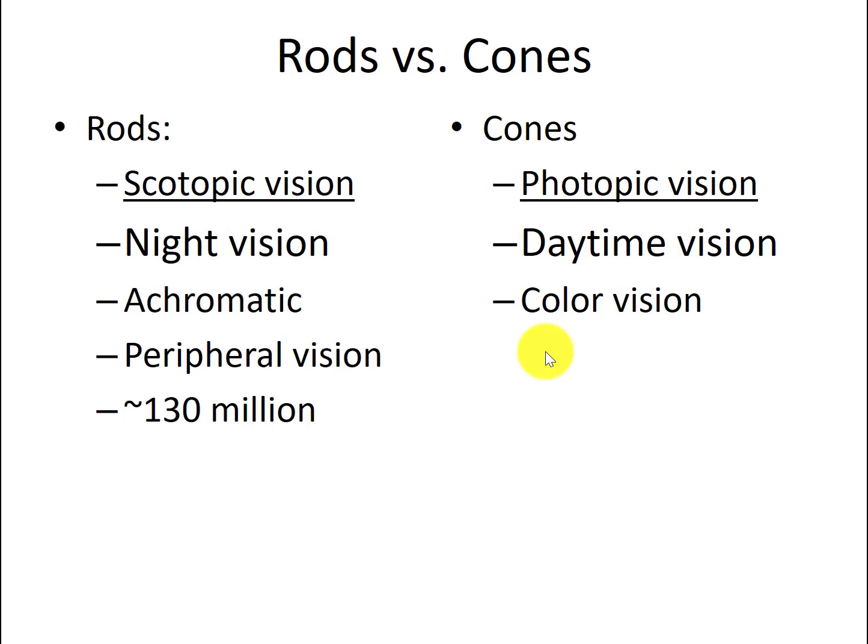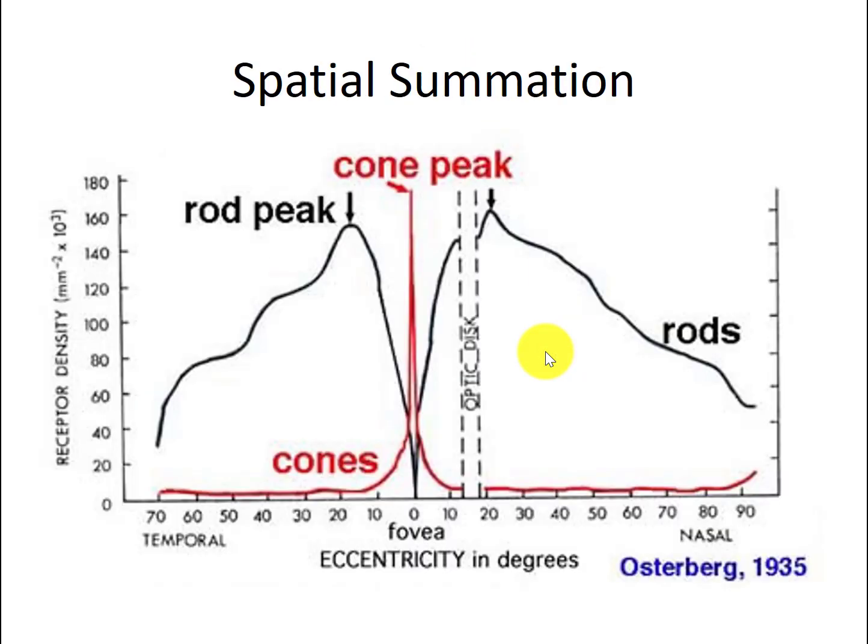This is daytime vision, color vision, foveal vision. And there aren't as many of them, but they're extremely sensitive. And what they signal, the intermediate cells and the ganglion cells, are very sensitive to even the slightest changes in the cones. So this is just a view of what the whole retina would look like in the entire